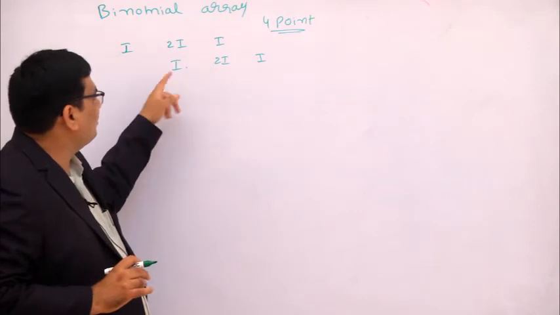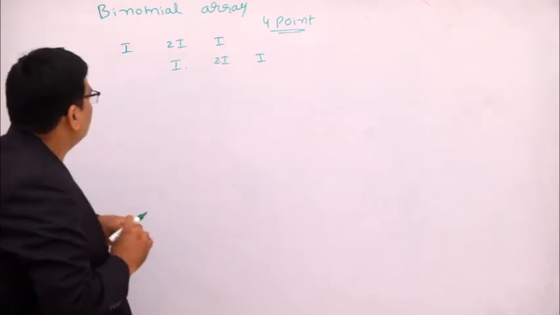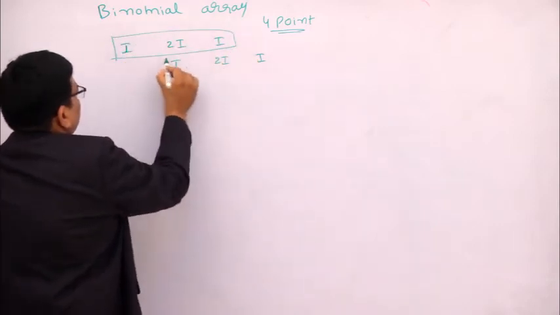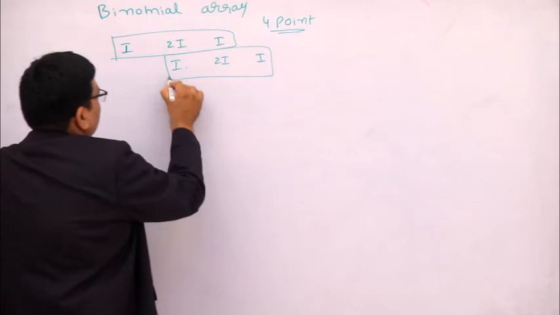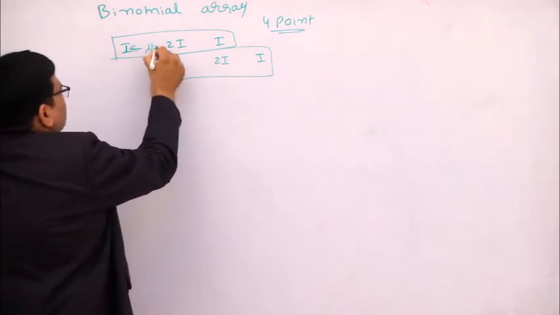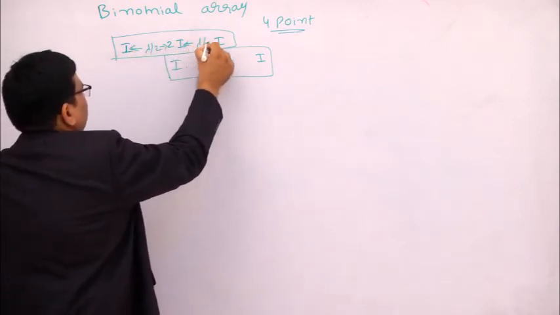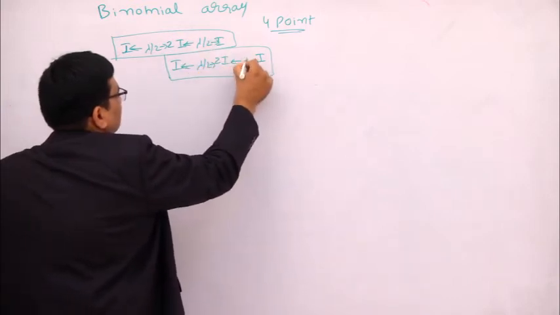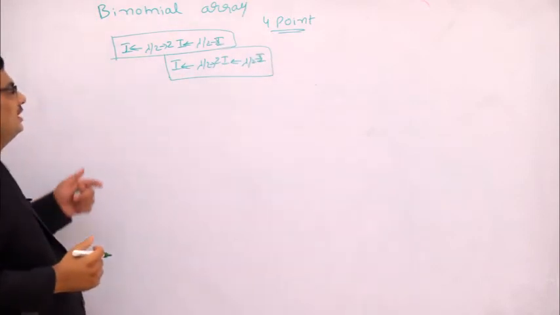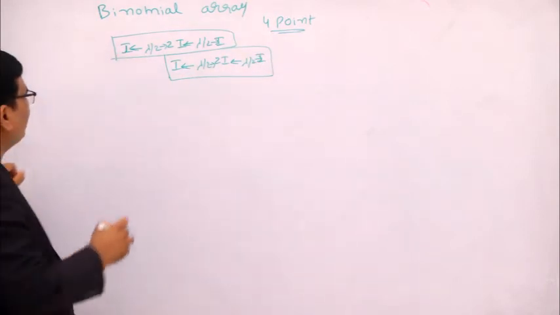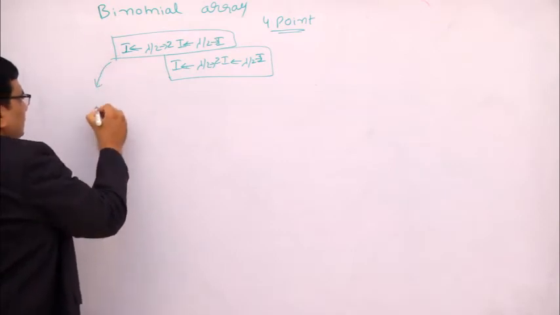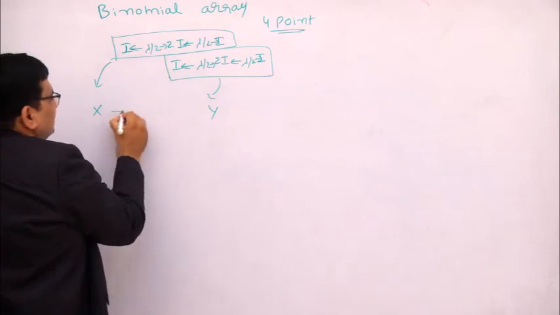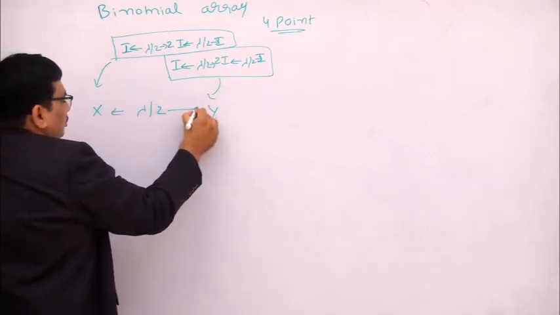Again we are arranging our elements I, 2I, I. So again this is one element and this is another element. All are at equal distance, that is lambda by 2 only. For any element, the distance is equal, lambda by 2 only. So the group element we can call as x, or we can call as y. Finally the distance between the two elements is also again lambda by 2.